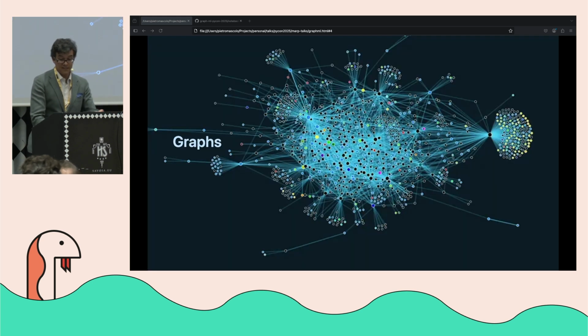So what are graphs? I'm sure that some of you might have encountered them. Actually, how many of you have worked with graphs? Oh, great. More than zero. It's considerably more than zero. I'm very happy about that. So I'm going to skip over the introduction very quickly. I don't want to leave it off completely because some people might not be as familiar as you.